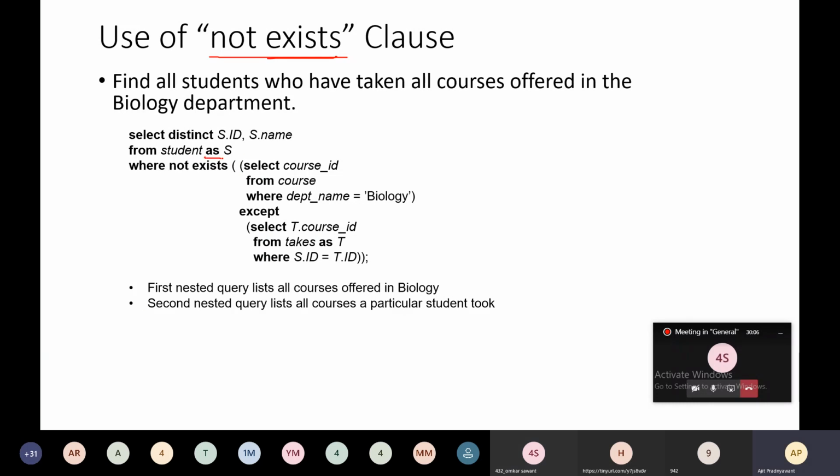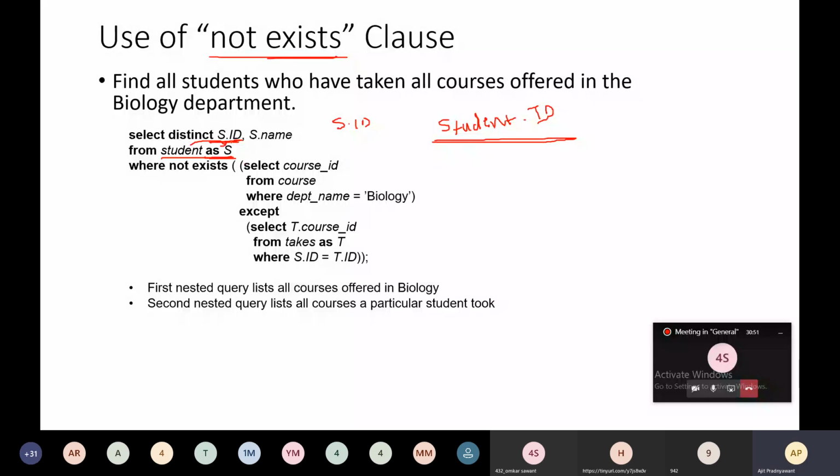This AS is used for rename. We have renamed this student as S. Means for the student relation we have mentioned the name S, and S.ID means the ID column present in the student relation. This S.ID means what? The ID column present in the student relation.